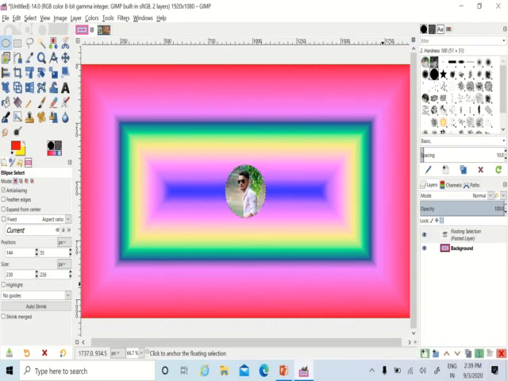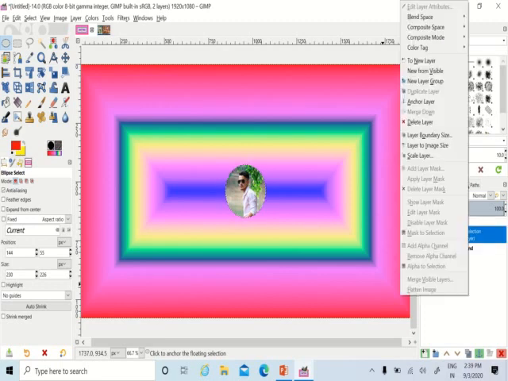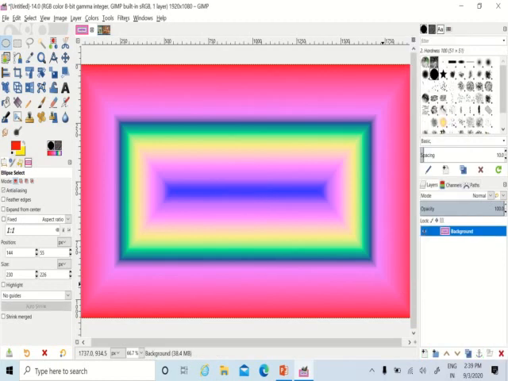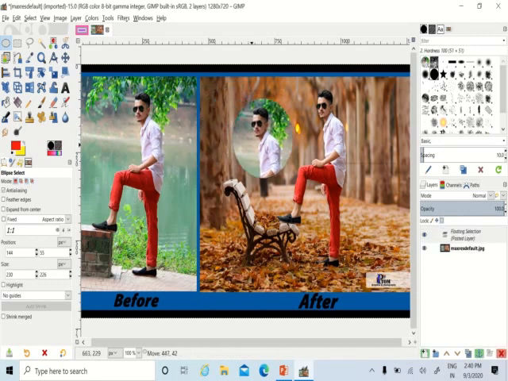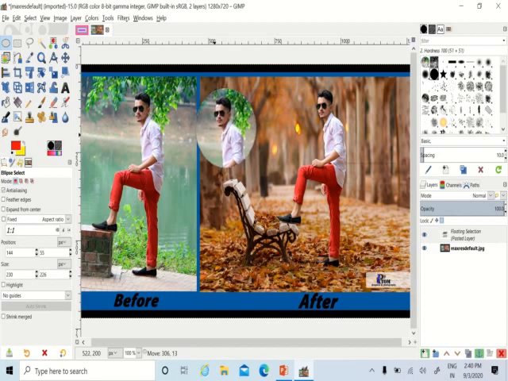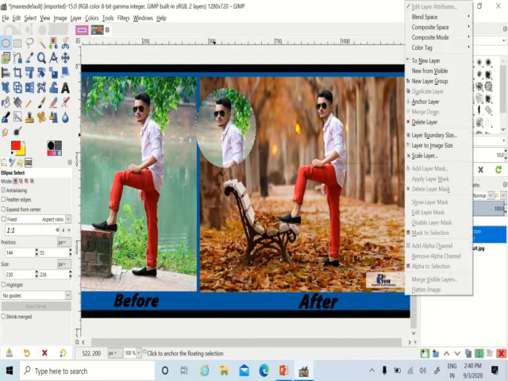Now if you want to delete it, then every change makes a separate layer. This is the separate layer of this change. Right mouse click and I will press on delete layer, and I can press Ctrl V on the same picture also. Now you can see the selected part has been copied. Now I am deleting this one.